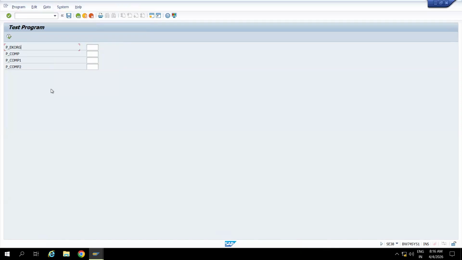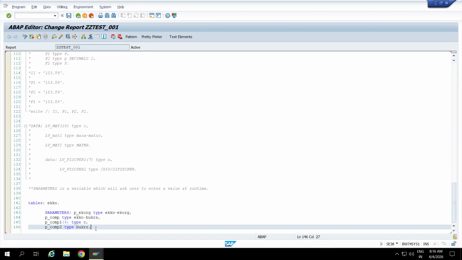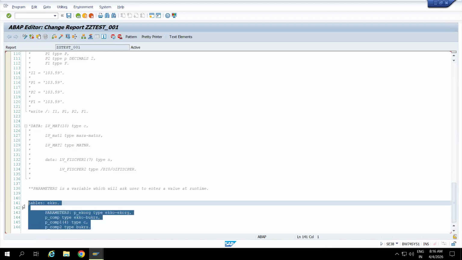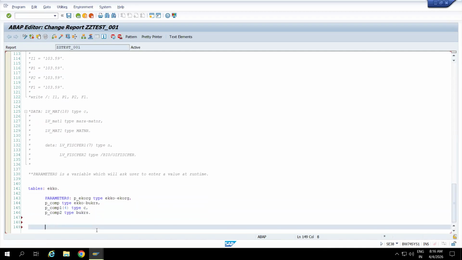Okay, this is the user variable selection screen. See, you are giving a single value only. We are not getting multiple values. This is just a single value and you can enter it at runtime. This is how you design the parameter. And if you want any selections,